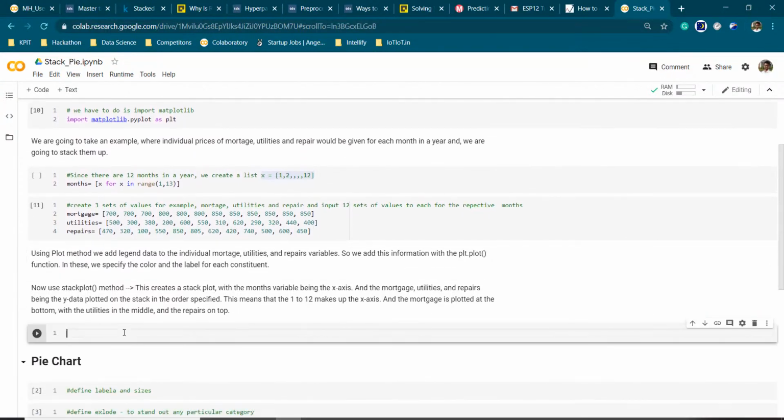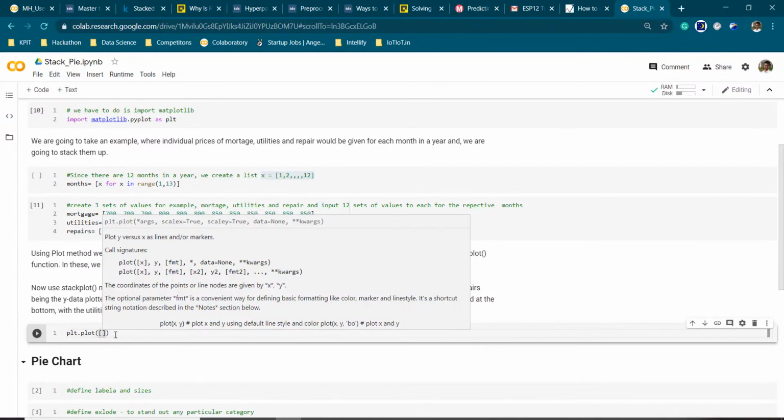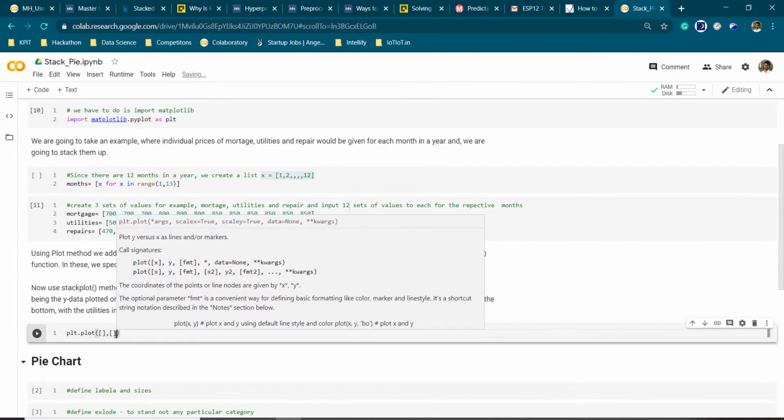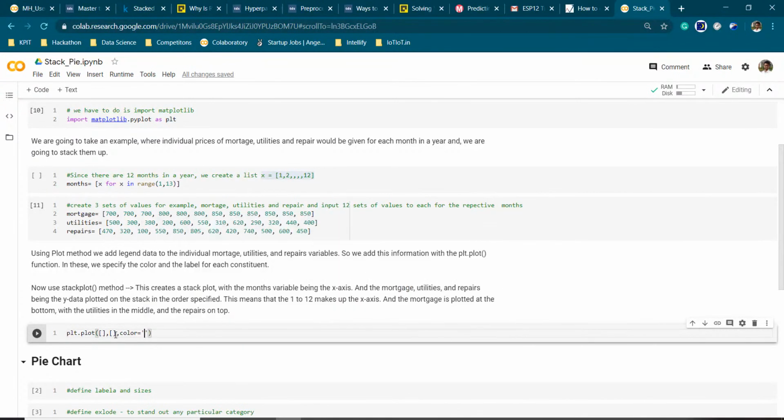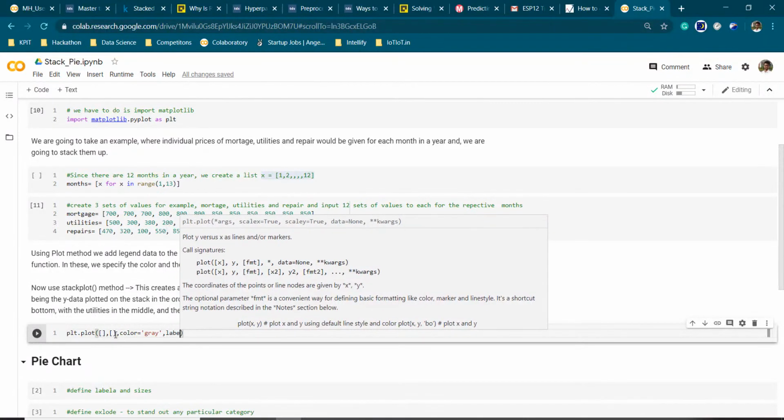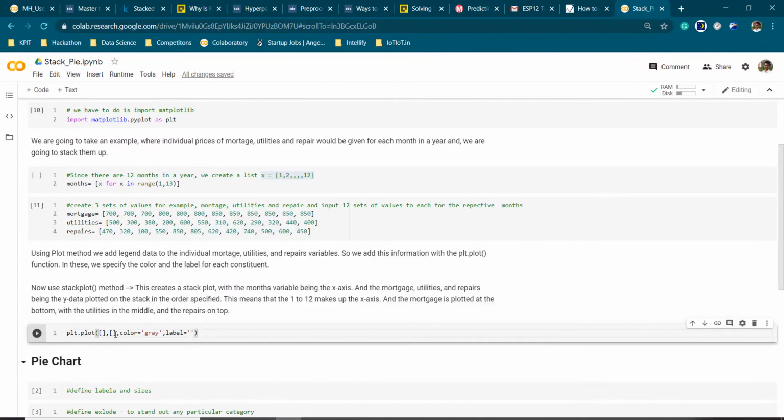Now let us plot our stack plot. So we will begin by using plt.plot method, and in the input we are going to give it blank arrays. I will explain it to you why we are doing this. Color is equal to, we will give it any color, gray for example, and label equal to mortgage.